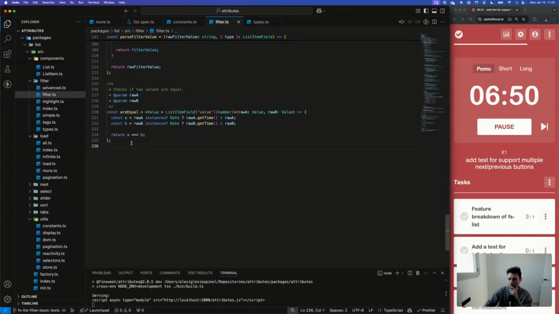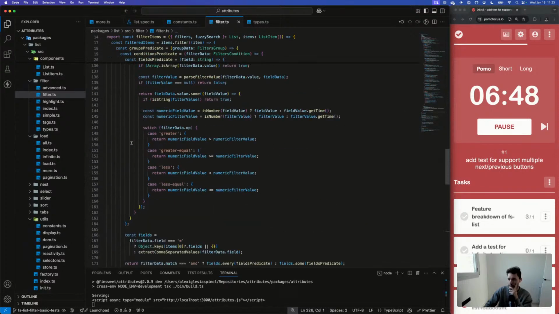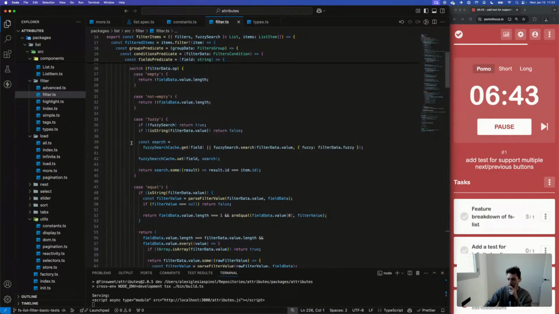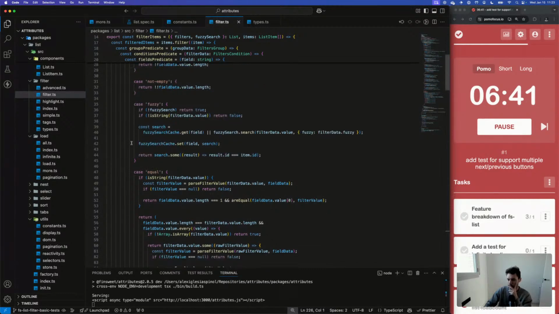Right. When checking for equality, we should be setting things lowercase.